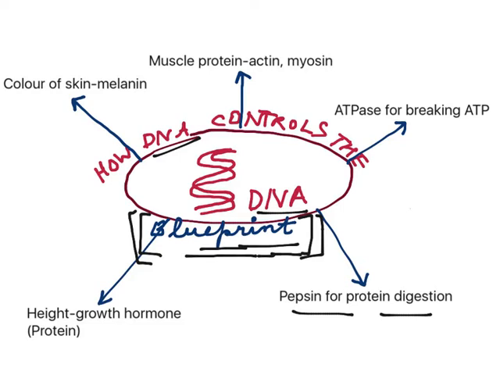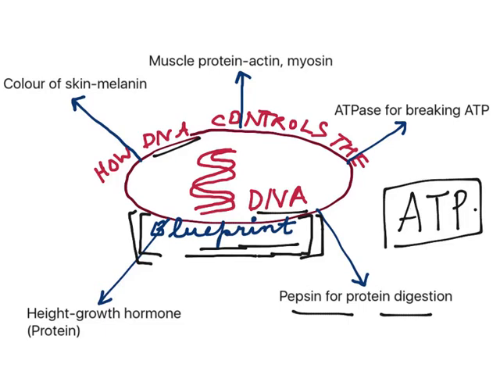How? How is my talking related to the DNA? Well, it's very interesting. When I speak, then I have to spend some amount of energy. And we all know that the energy comes from a biomolecule which is called the ATP or adenosine triphosphate. It is also known as the energy currency of the cell. Now, to break down this ATP, we need an enzyme called ATPase. And the enzymes are proteins. And these proteins are actually coded by the DNA, and that's exactly how the DNA controls a character or the